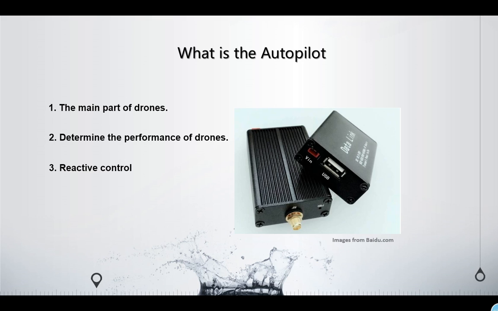Autopilot is the core part of drones. It is a device that can automatically control the three-axis movement of an aircraft by the pilot pressing some buttons and rotating some knobs, or by the navigation equipment receiving ground navigation signals. It can help pilots complete some auxiliary work and reduce the workload of pilots. In a UAV, it can control the unmanned aerial vehicle's flight by receiving signals from the controller.